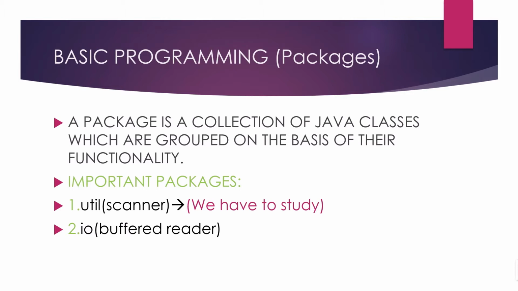These classes have particular functions. If we want to use a particular function, we should use that class in that particular package. There are many packages in Java: java.lang, java.util, java.io, java.awt, java.net, java.applet. But there are some important packages, java.util and java.io, which we should learn in class 10th. IO is not that important, because in the exam they do not specify that you should use IO or util. You should particularly use util because it is easy. Util and IO are the important packages, but these packages have their own particular classes and functions.